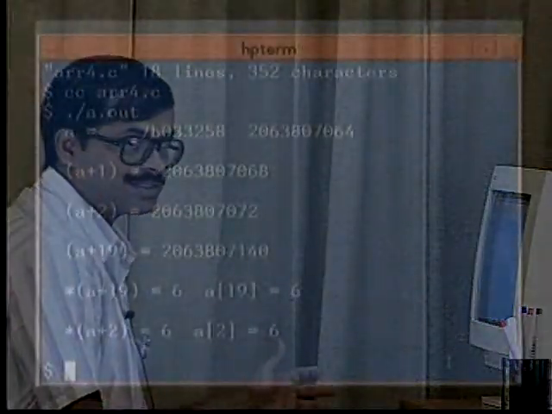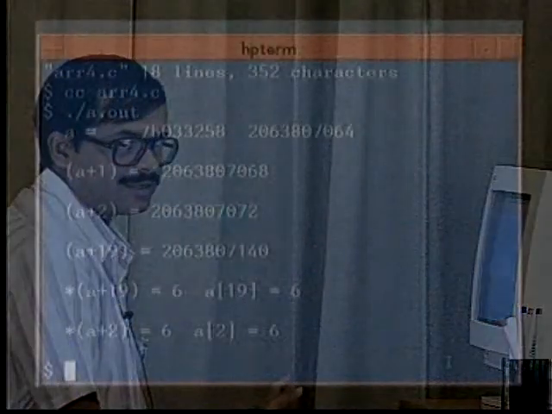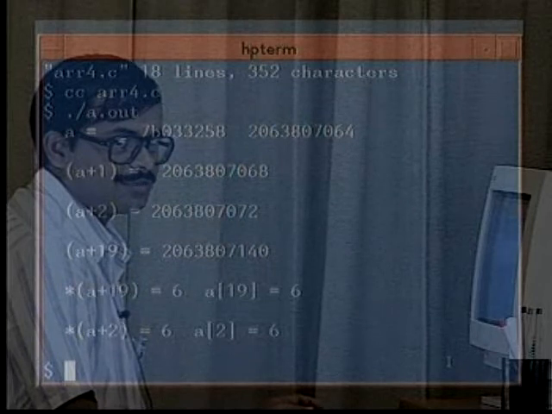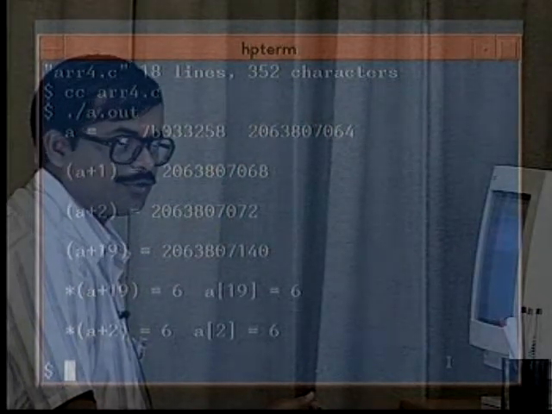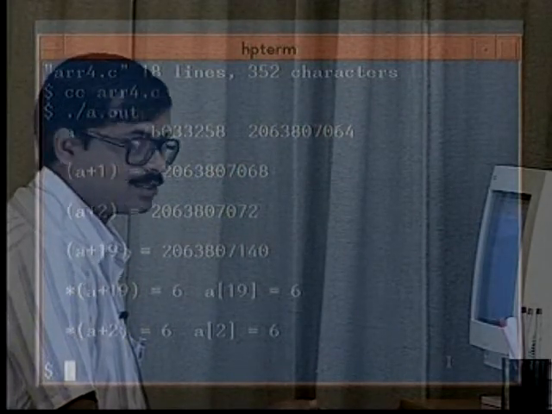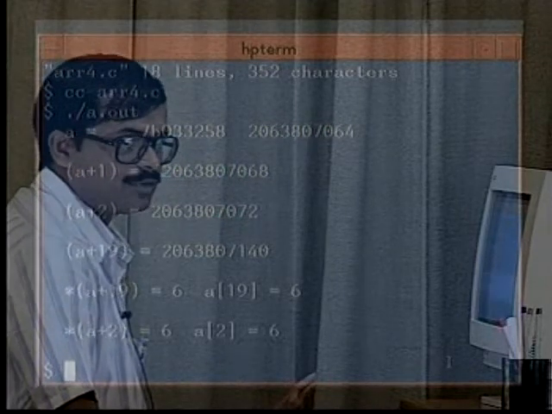It will access that location, and unless it is a location protected by the system, that is, a system location where the OS is or that is protected, it will simply go and write it. This is not Pascal, which will check your value out of range and array out of range and all that. In C, nobody tells you what will happen.